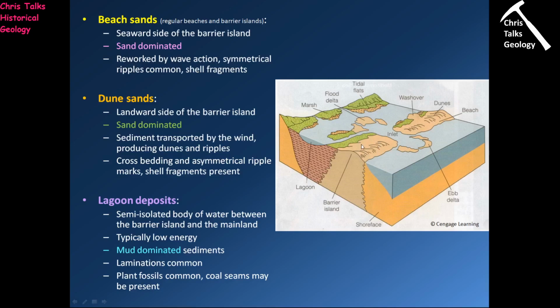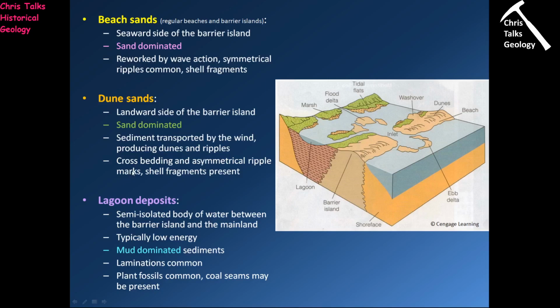Now, on the back side of our barrier island, the part that's protected from the waves, we are going to form what's called the dune sands. The dune sands are on the landward side of the barrier island. Once again, it's a sand-dominated regime. However, in this instance, because the sand is protected from wave action, if it's being moved around, it's being moved around by the wind. This means in the dune sands, you're going to have dunes and ripples forming. So you're going to end up forming a layer of very sandy sediment, which will display cross-bedding and asymmetrical